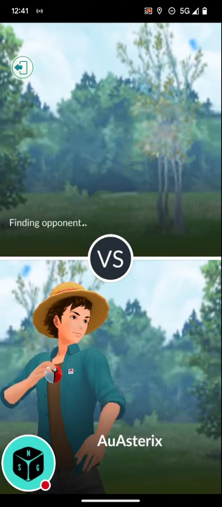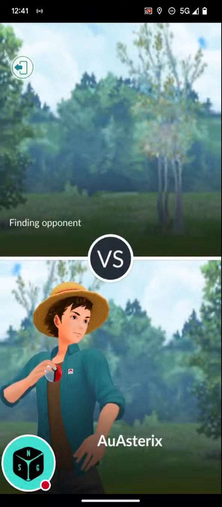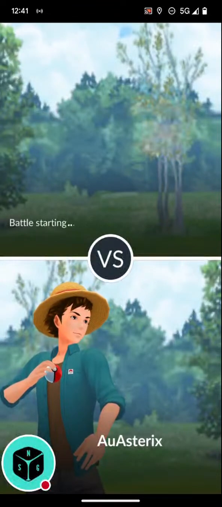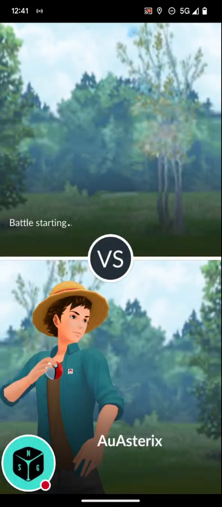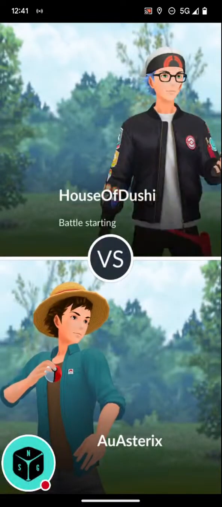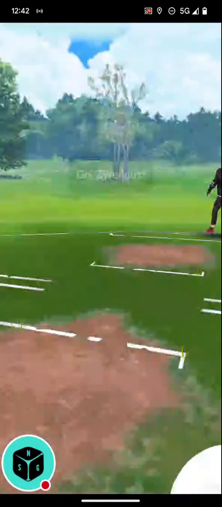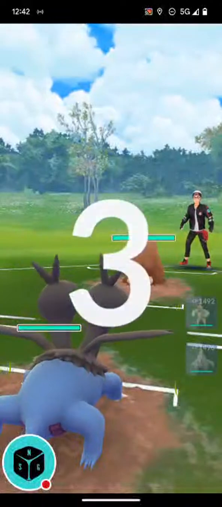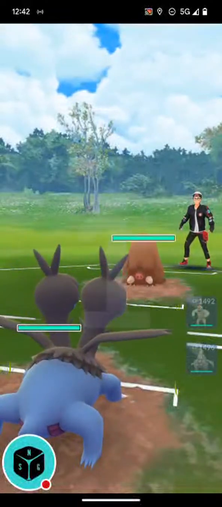So let's look for some opponents and see what comes up. If we can actually find something would be really nice, but we'll see what happens. There we go, got a battle starting. Okay, interesting. So what have we got? A Piloswine. Oof, that's not ideal, so I'm going to jump into my...